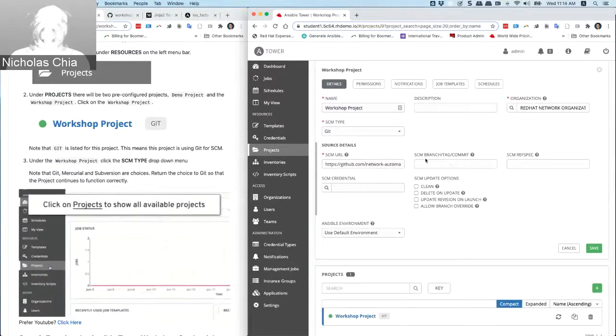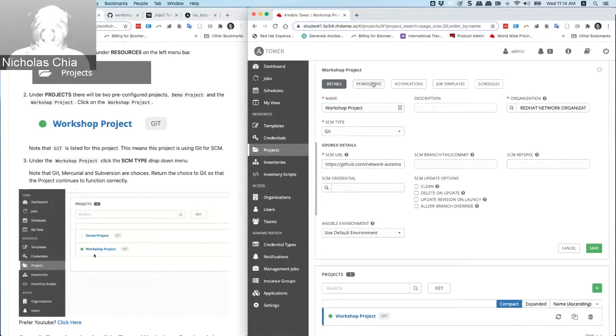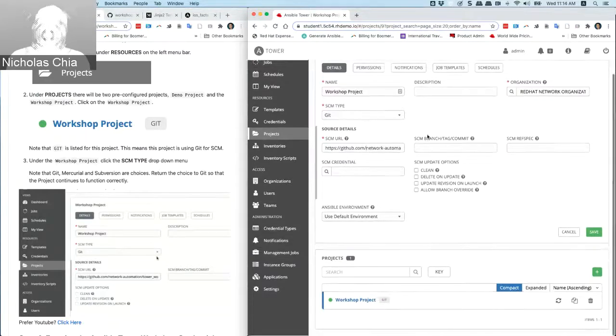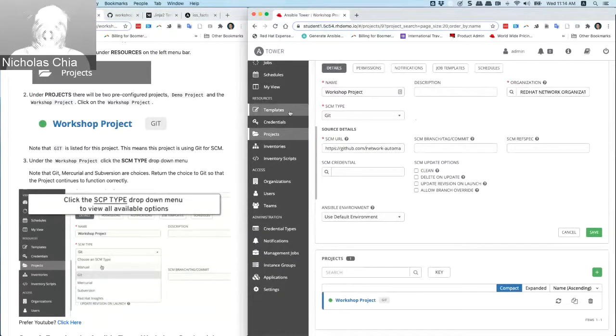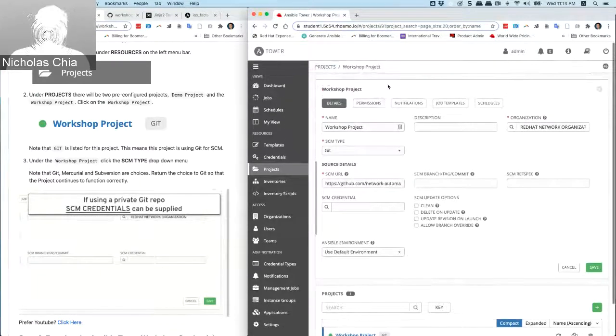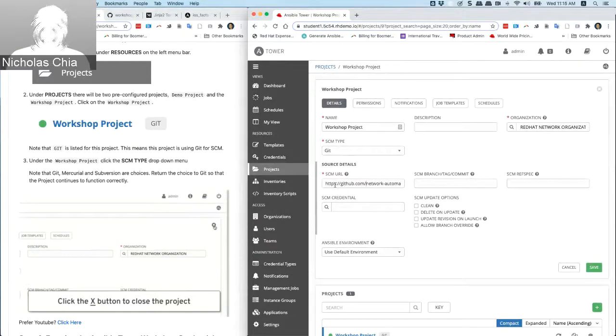Okay, and we will draw them down. Workshop projects are very important because it allows us to maintain permissions around a project. For example, in this project, we are using GitHub,